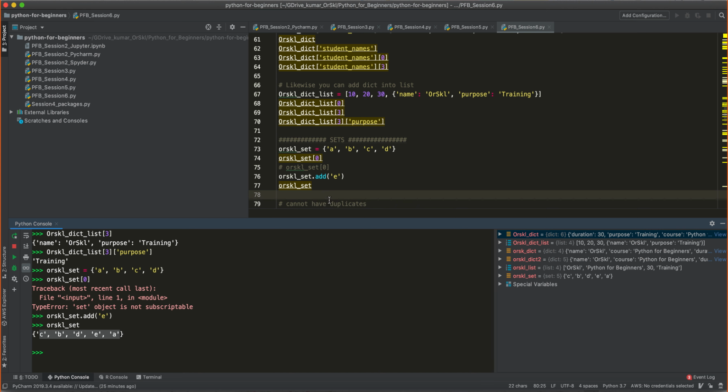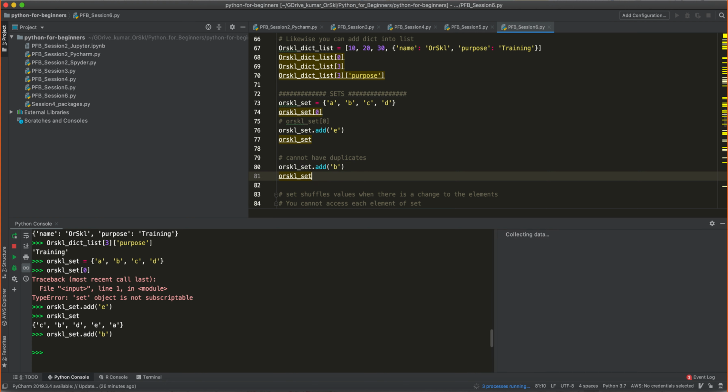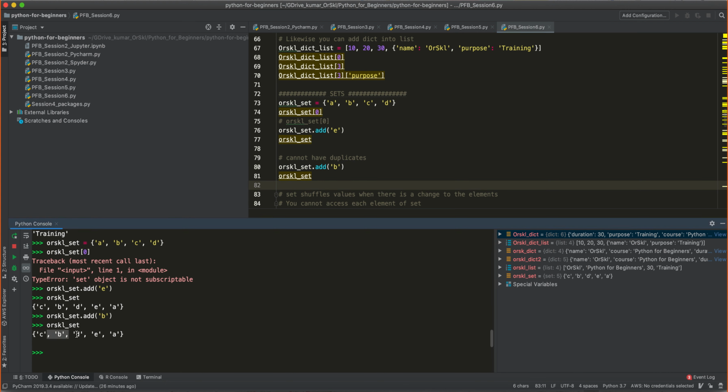Now then, why should I basically have a set? In what scenarios can I use a set instead of list? Only when you want to handle duplicates. Now in the same set, I'm trying to create another element with the same value B, which is already existing. Now let's see what happens. You don't have two B's inside this set. There is only one element with the value B. Though I force to add another B inside the set, it doesn't allow.